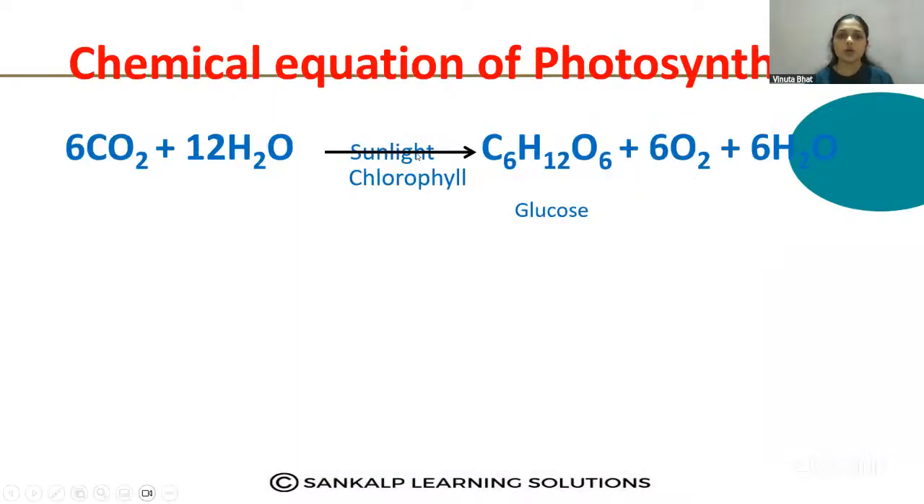Then what is the chemical equation of photosynthesis? One of the very important chemical equations. See here, plants need carbon dioxide, right? Carbon dioxide, and they need water